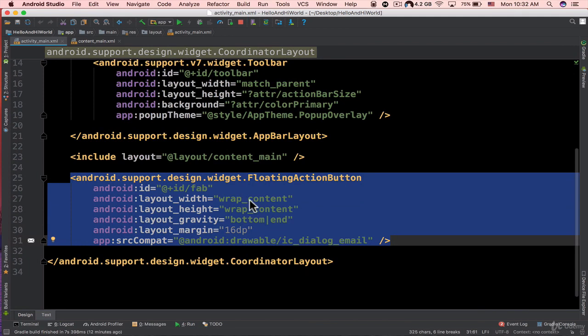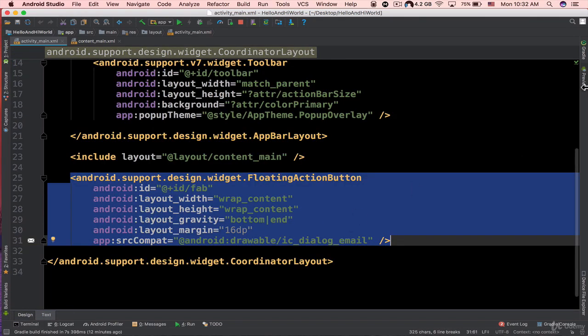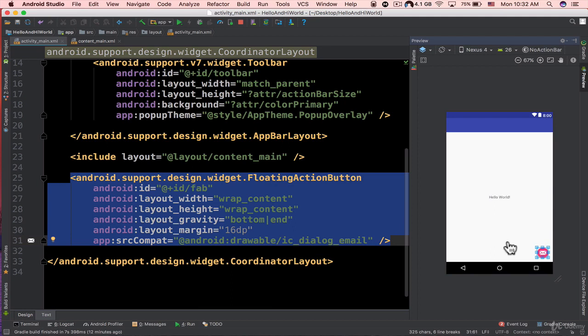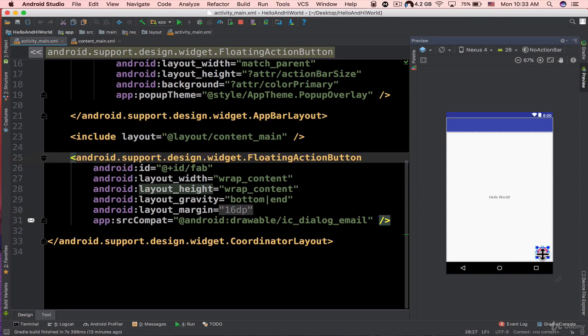So this is actually the code that created the floating action button inside this design tab, inside this layout. Let me switch to the text tab. Now at the right-hand side, you can see this preview. If you click on it, you can see the preview of the layout, and here is the XML code. When I select this tag, you can see that inside this preview, the floating action button is actually selected, right? Or for example, if I select the floating action button inside this preview, it's going to highlight the floating action button